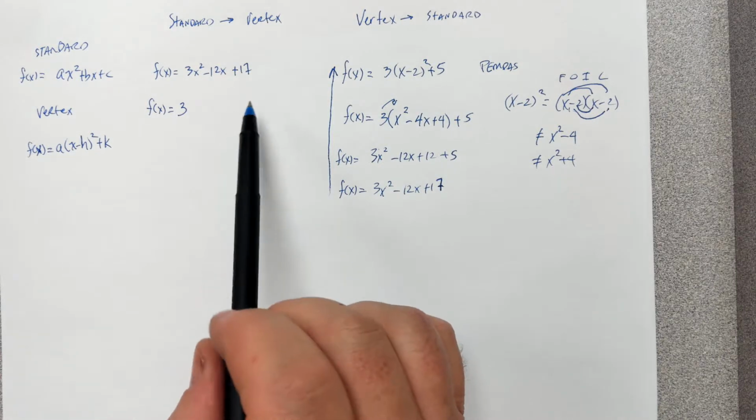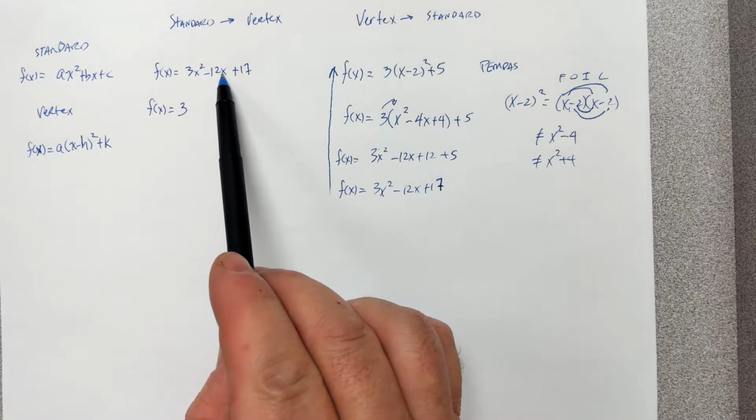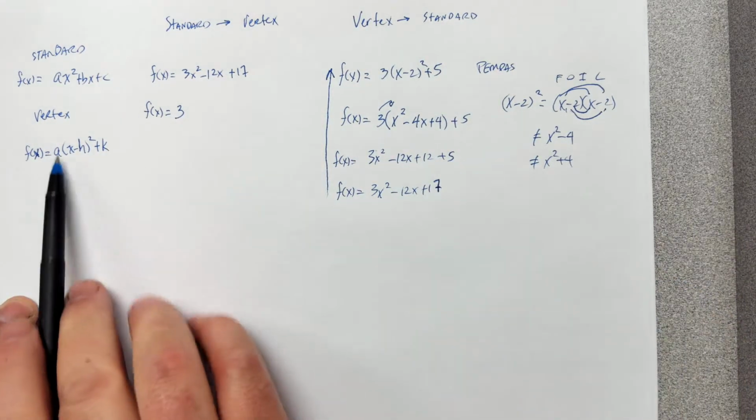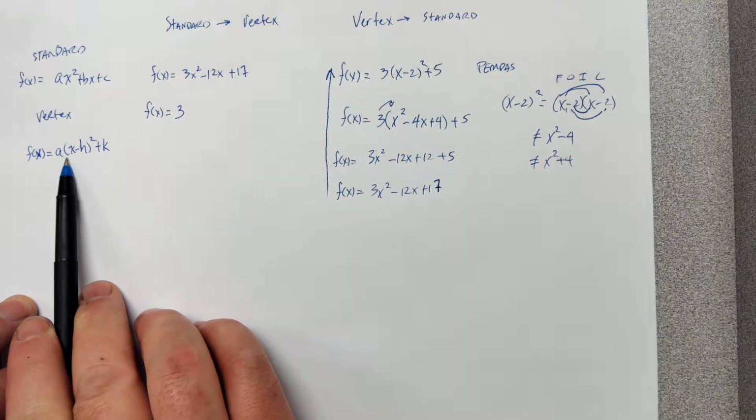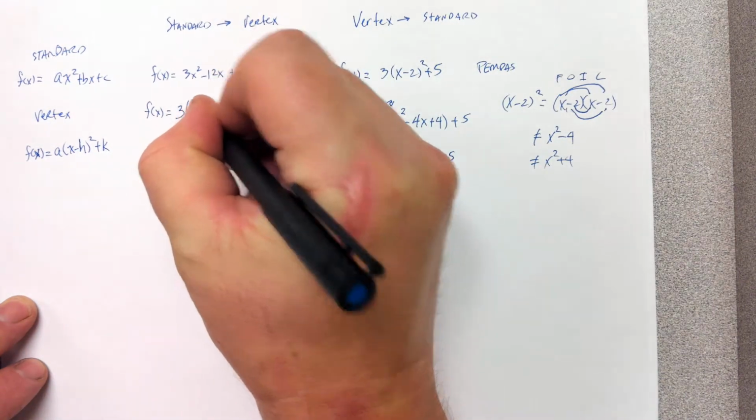Okay. We're going to do two things at once. We're going to factor this 3 out of these two things, but we're not dividing it out of everything. We're just going to, because, well, this is what we need, right? And so we're going to take the 3 out, and you're going to get x squared